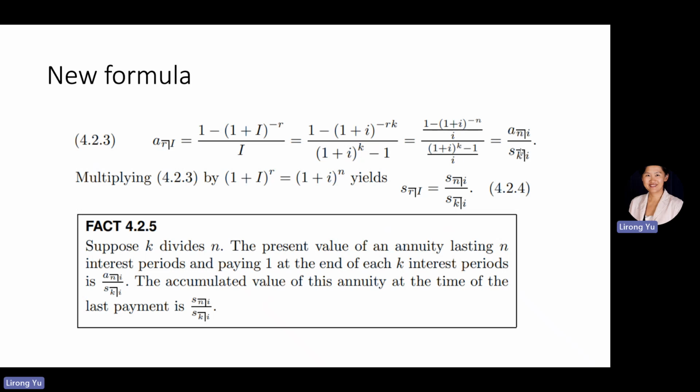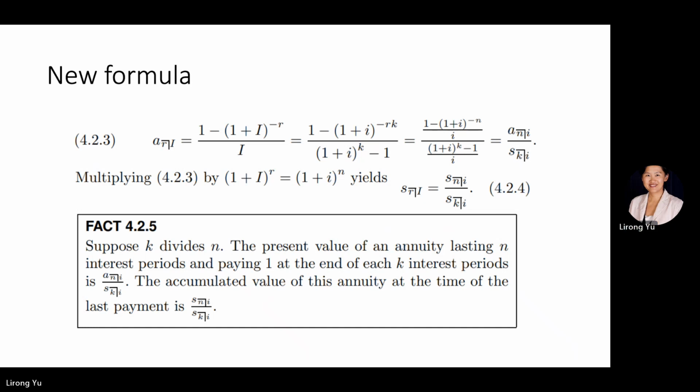So then this gives us a way to look at how we are going to calculate the annuity if the payment period is shorter than the interest period. So that's 4.2.4, and that's going to be our first formula. Well, 4.2.3, that's the A formula. Now, if you multiply this equation by (1 + i)^n, you get the formula for the future value, and that's 4.2.4. So both of these formulas have the denominator s_K, and that is because the